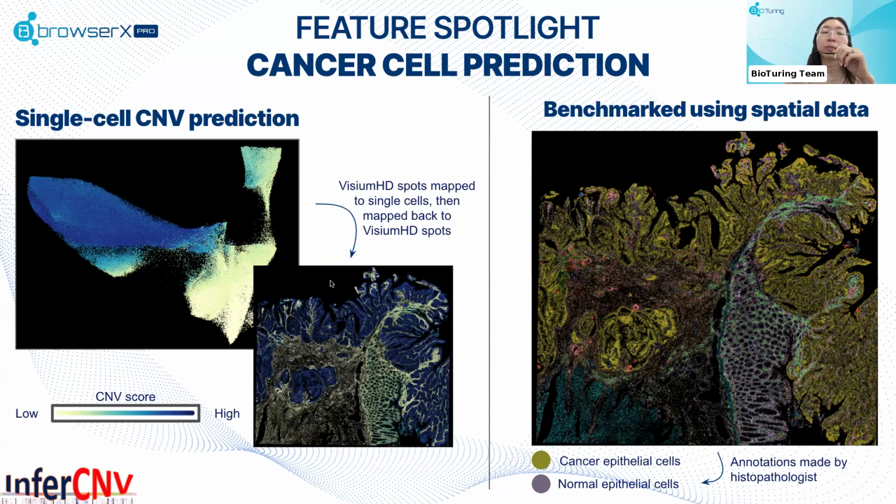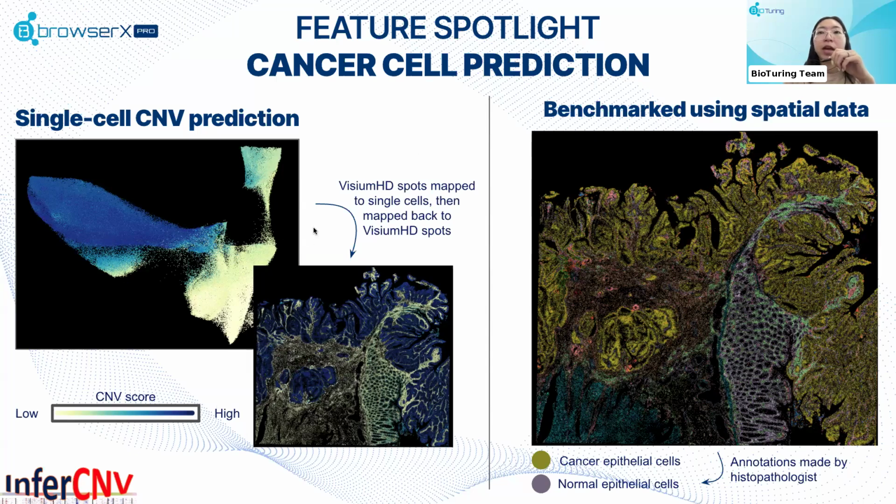When we took those spots, we were able to map them into a single cell format and then use the cancer cell prediction tool to predict which cells are likely to be cancerous. And then we map it back to the Visium HD spatial data here. You can see how on the periphery of the tissue are the cells that are likely to be cancerous. These dark blue areas here are the ones that were predicted to be cancerous by the